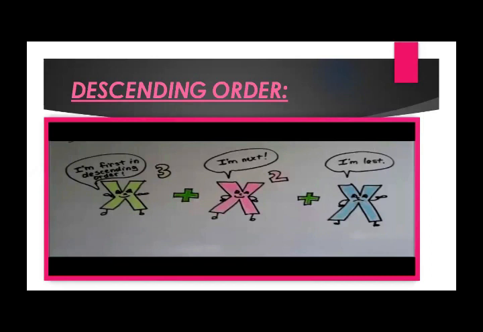Then, in an example for descending order, there are three terms: x cube, x square and x. For descending order, as we know, we write the term having the highest exponent first. So we find that x cube is the highest exponent among the others. We will write that one in the first position, then write the respective sign of the second term, that is x square, and then the last one, that is x. In this way we write. If we want to write that in ascending order, we will start from x, whose exponent is 1, and then write x square, then x cube.